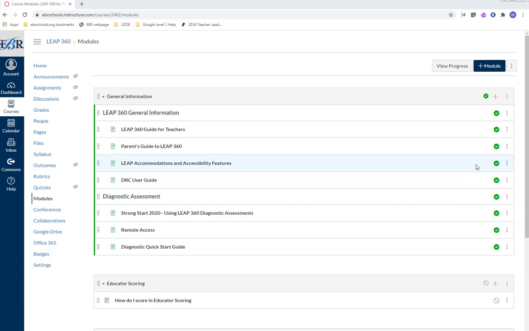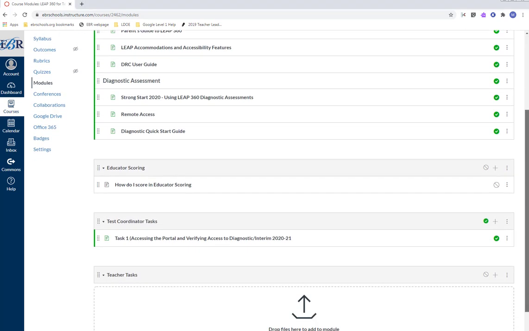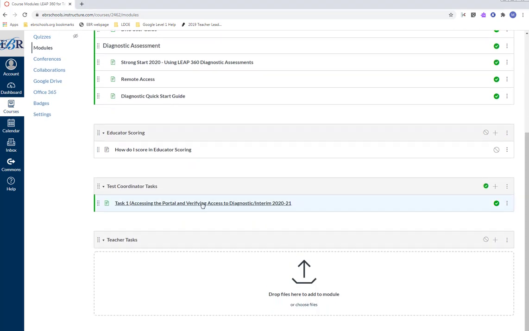Okay, so as test coordinator for Leap 360, the first task I need for you to do is listed here in Canvas, in the Canvas course, and then notice I have test coordinator task, and this is your first one. So if you click on it, the first task deals with accessing the portal and verifying access to diagnostic interim